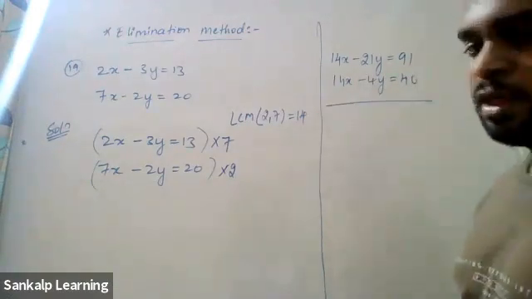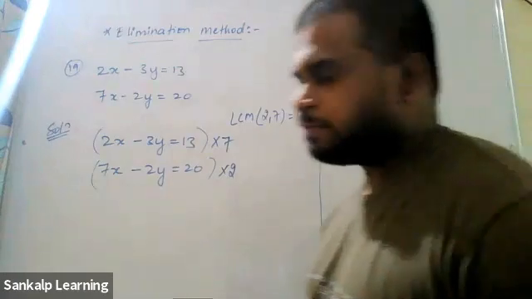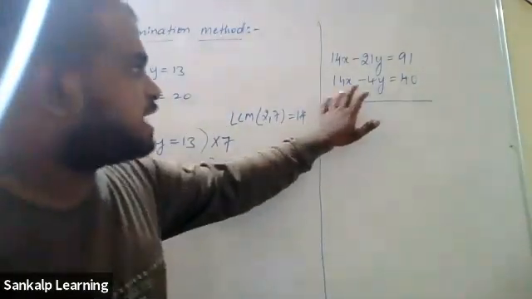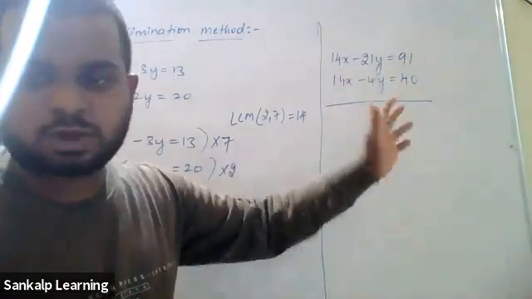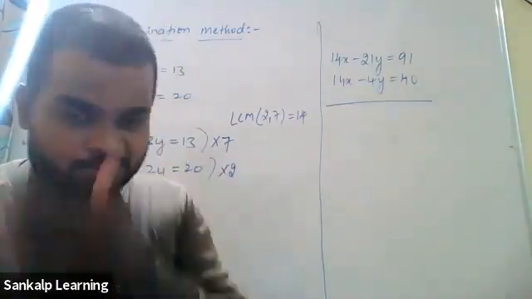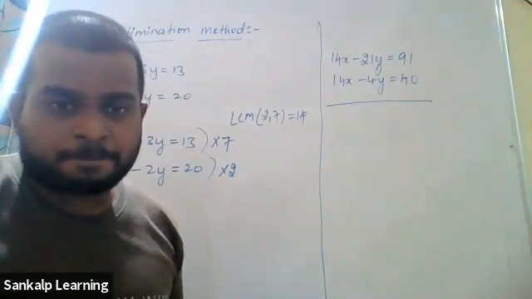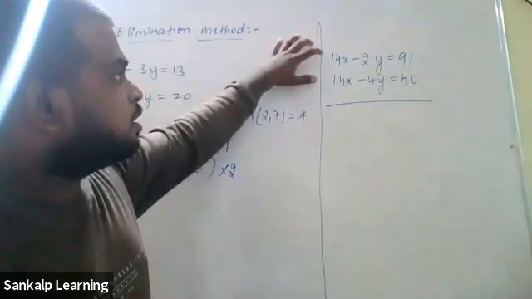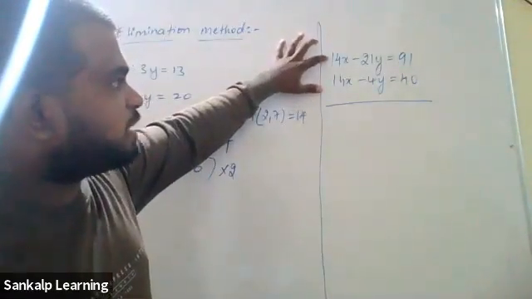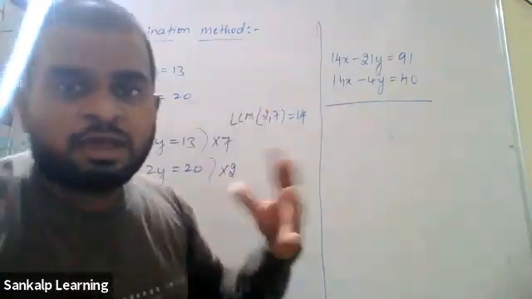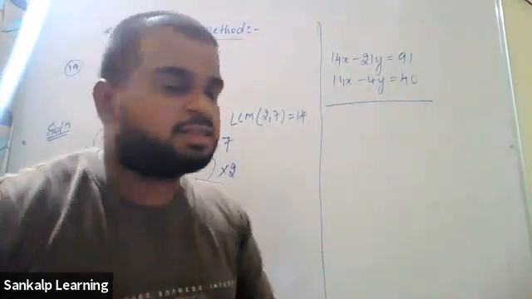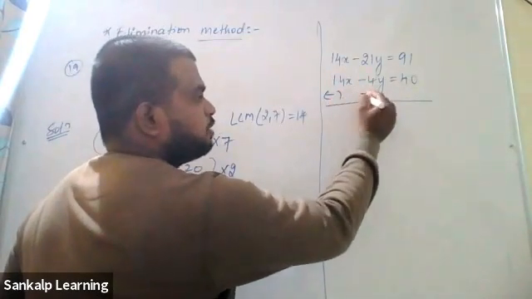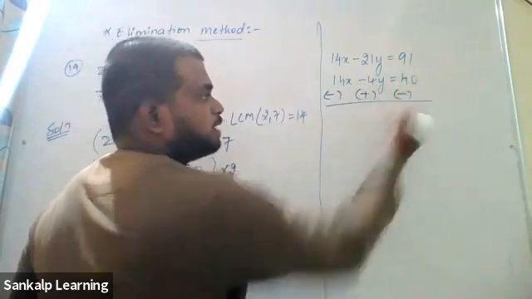Now observe. My question to Liba, I hope I pronounced it properly: should I change the sign of the second equation? Yes or no? Yes, sir. Yes, you have to change it. Very good. Because both the signs are the same. Here also it is plus 14x. Here also it is plus 14x. If both are with the same sign, change the sign. Okay, throughout. So this plus will become minus, this minus will become plus, and this plus will become minus.